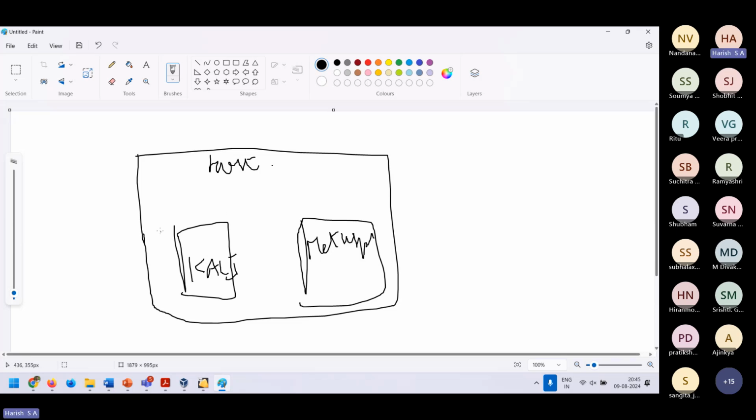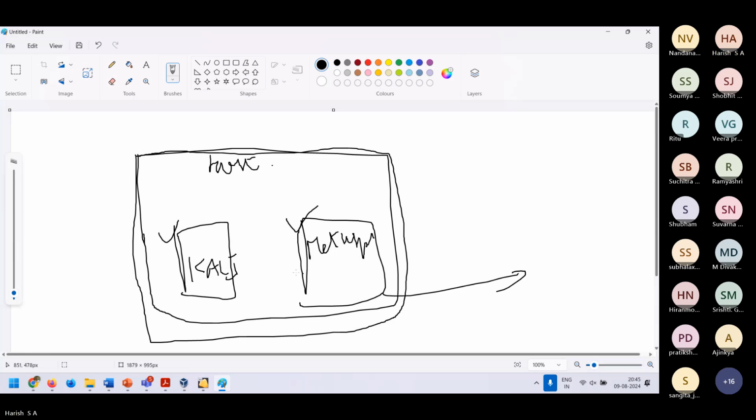This is running, this is also running, and where are both of these running? They are running inside my host operating system. So both of these are called virtual machines. So this is the architecture right now.